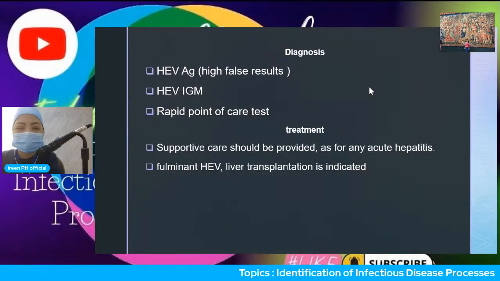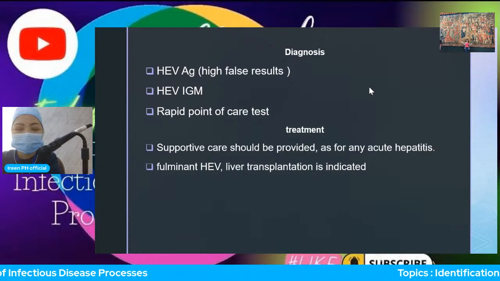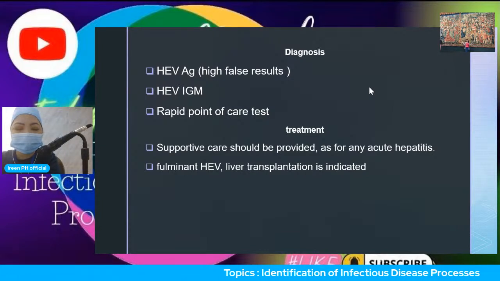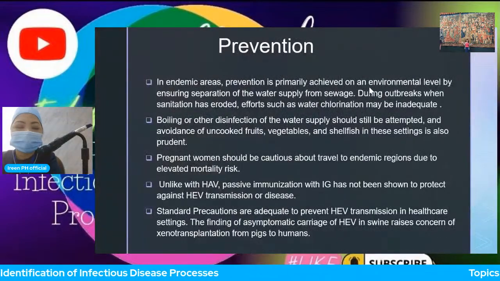The diagnosis: hepatitis E virus antigen, hepatitis E virus IgM, rapid point-of-care test. For treatment, supportive care should be provided as for any of the hepatitis. For fulminant hepatitis, liver transplantation is indicated. The prevention: